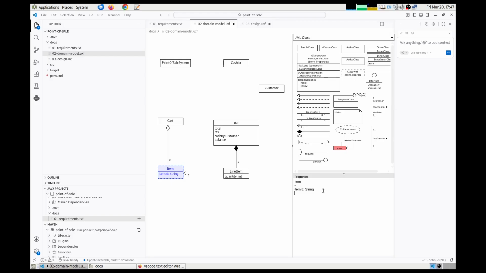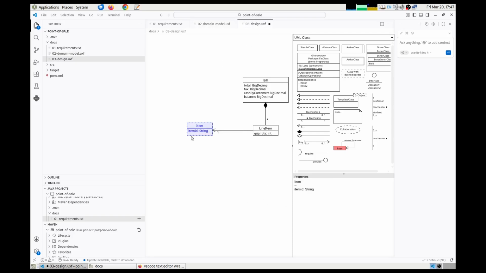Item ID, what's the price? Or you can better say unit price. So here also